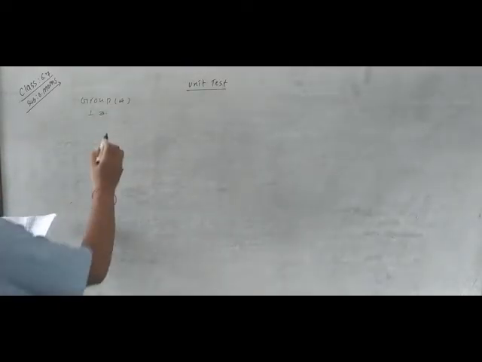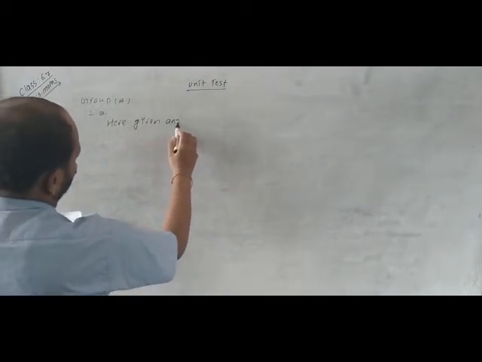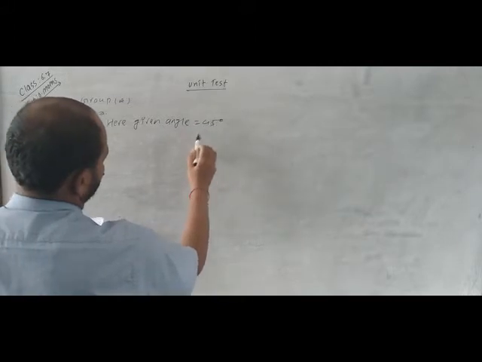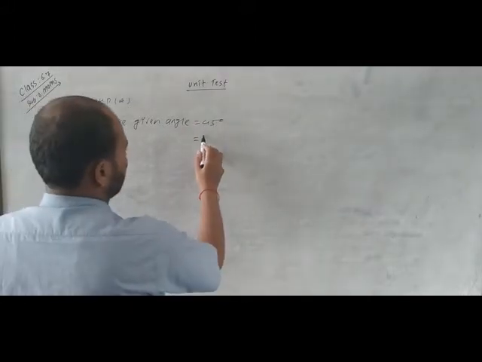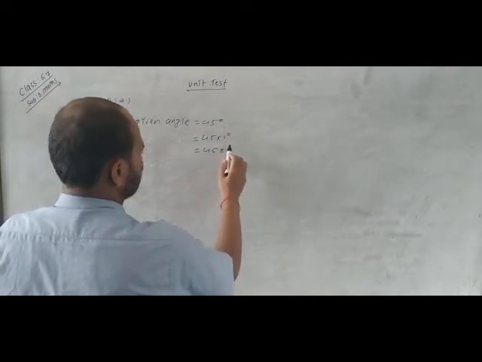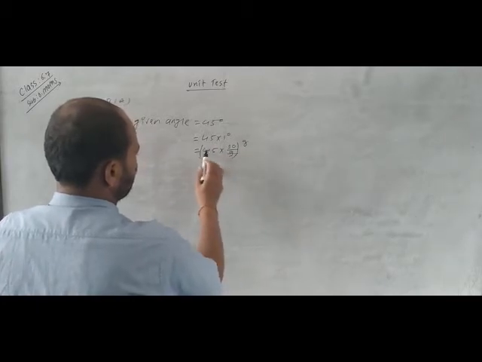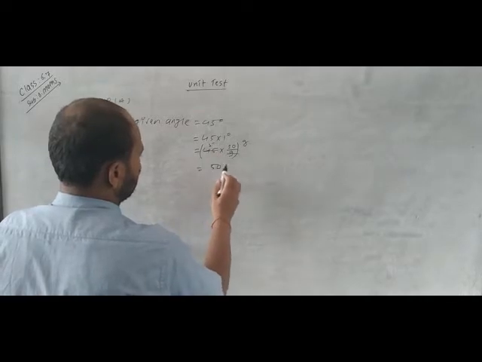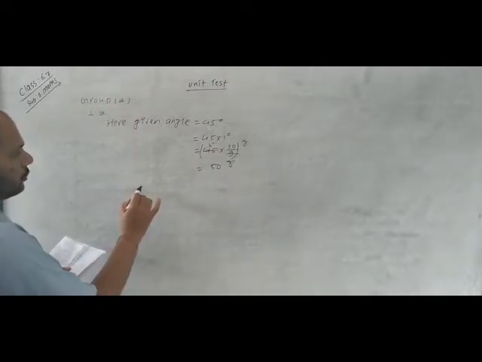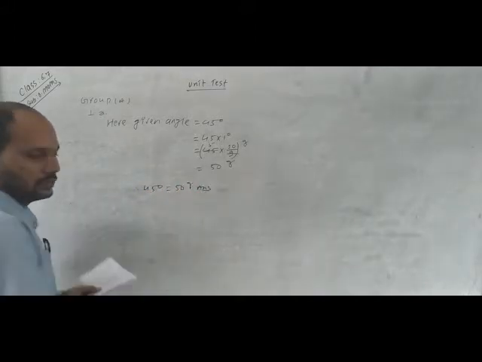1A. Your question says convert 45 degree into grades. Here the given angle is 45 degree, and we convert in this way. 45 into 1 degree, 45 into 10 by 9, then it is in grade. 9 5s are 45, so we have 50 grade. Okay, in this way we convert: 45 degree is equal to 50 grade. This is the required answer. All of you match your answer with me.